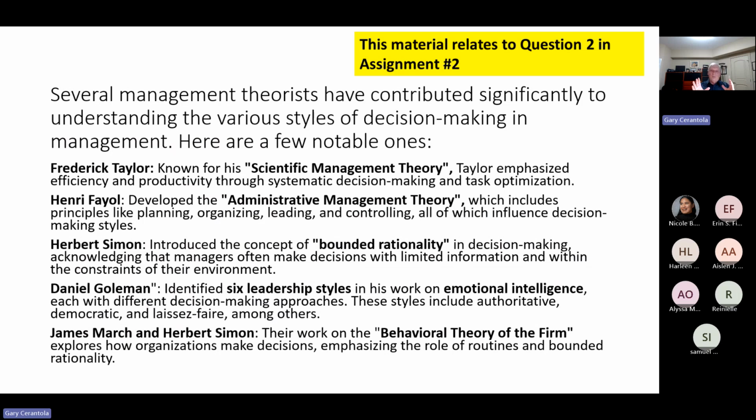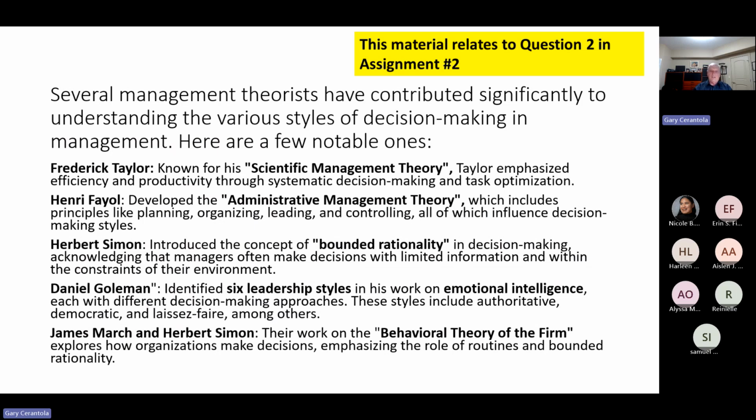He really created the foundational pieces around the 4 functions of management, talking about planning, organizing, leading, and controlling, all of which influence decision-making styles. So depending on your emphasis in those functions and the level that you're at, remember we talked about the 3 levels of management, the higher, the middle, and the lower level, that's going to have an effect on how you